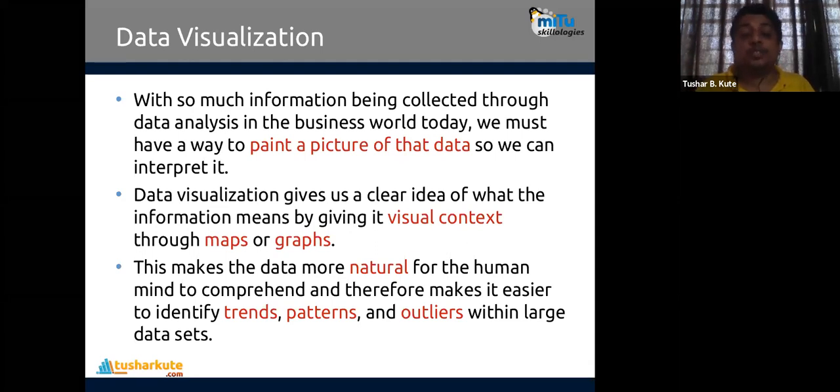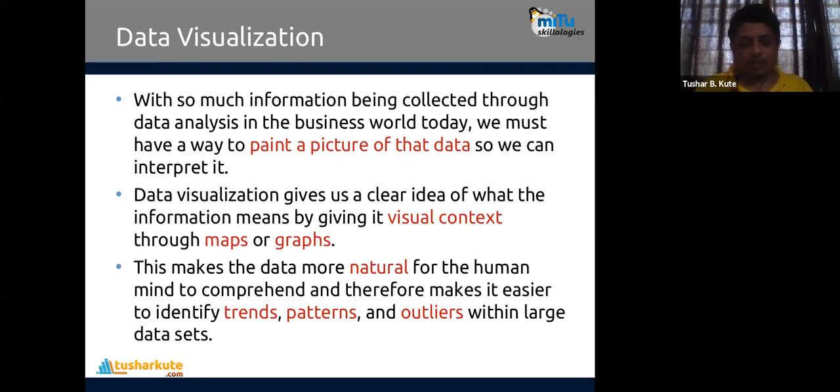Most of the time, outliers can skew the results of data modeling when you build a machine learning model, so it's required to detect and remove the outliers. Multiple methods are there. Some statistical methods are present, and some graphical methods are also there. A graphical method is like a box plot. I'll show that one. Using that kind of plot, we can detect the outliers and remove them also. So these are the advantages of data visualization: trend, pattern, and outlier detection can be done easily. We can also compare before and after deleting outliers with data visualization.